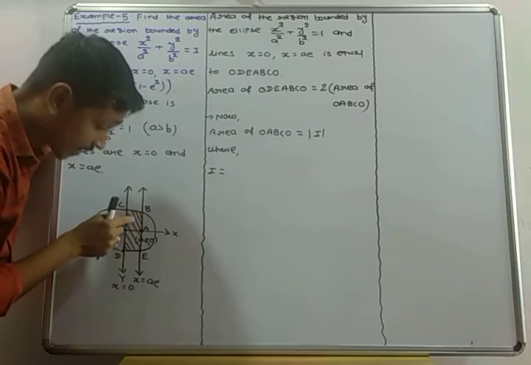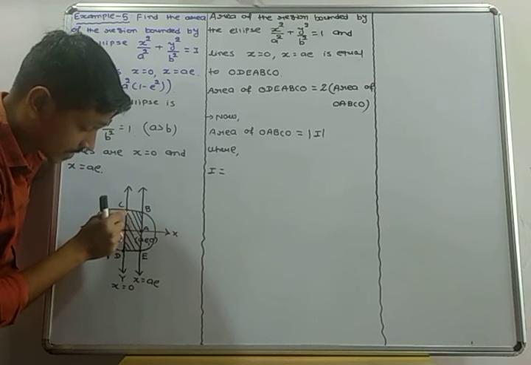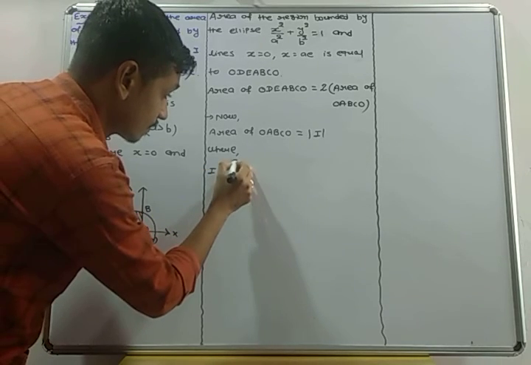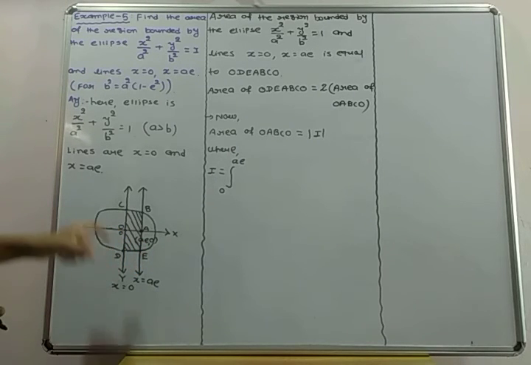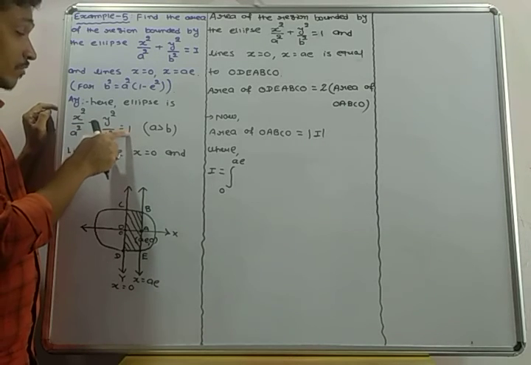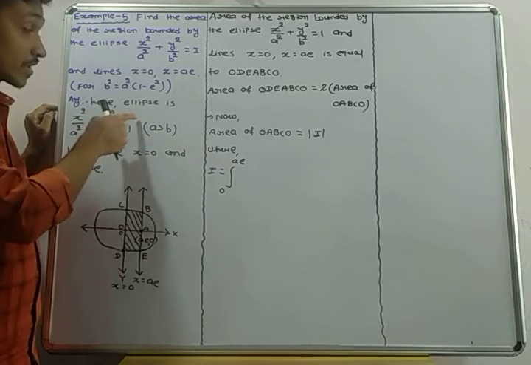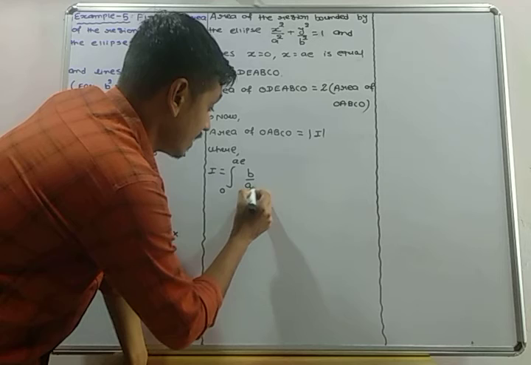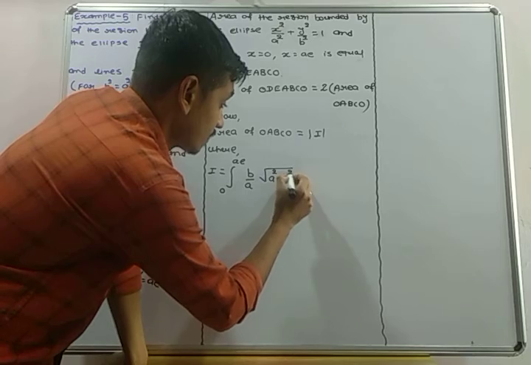अगर आपको इतना एरिया फाइंड करना है तो इतना एरिया, तो 0 to A and this area made by the ellipse, so 0 to AE, 0 and AE are the values of x, so finding the values of y, okay, तो अभी तो आपको पता होना चाहिए कि x square by a square other side 1 minus x square by a square, तो a square minus x square upon a square, and b square other side, तो b square by a square and a square minus x square and under root, so b by a under root a square minus x square dx.